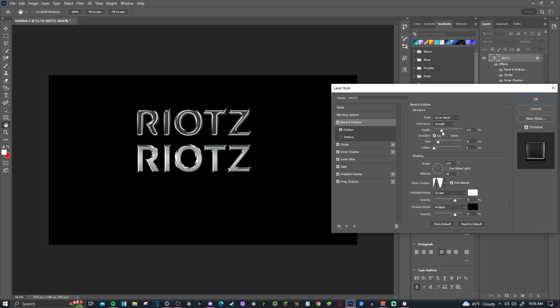You can change the depth to however you want it to be. A lot of things you can do is that you don't always have to have it on smooth. If you want more of a rougher edge design, you can go for chisel hard. I think it gives off a really nice gray metallic look. I actually like this a lot. This never looks good on my designs for some reason, but it wants to look good when I do a tutorial, I guess. But anyways,